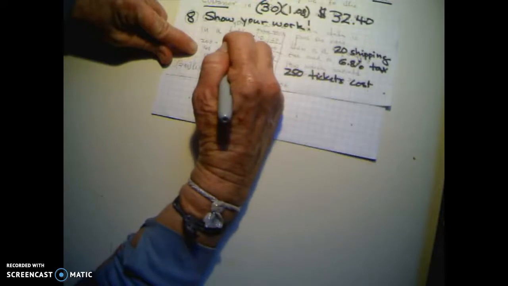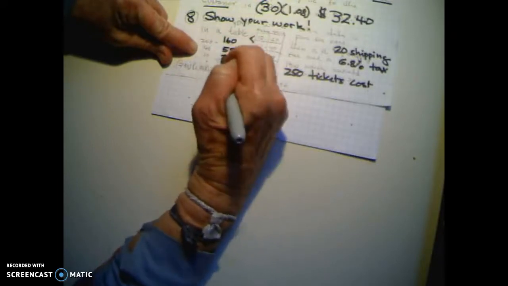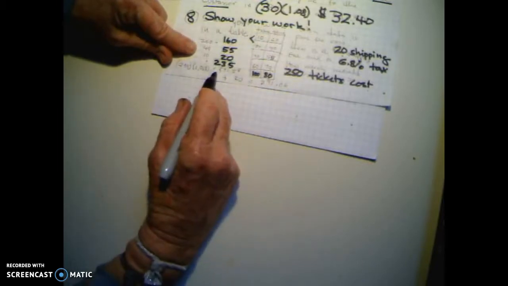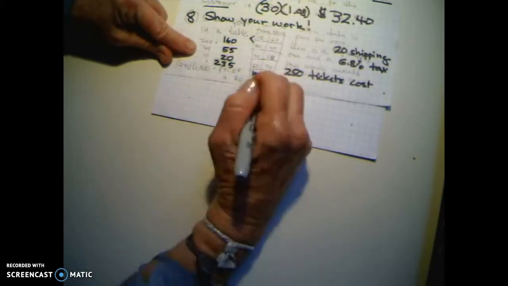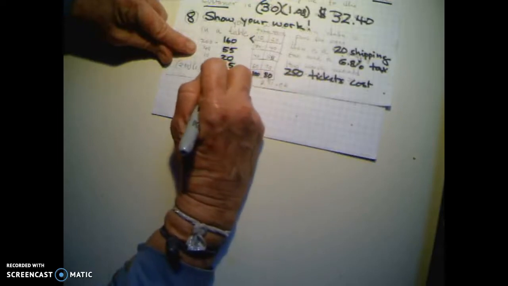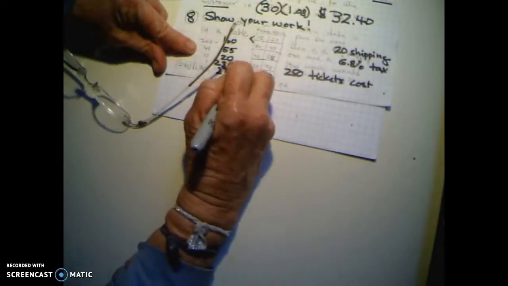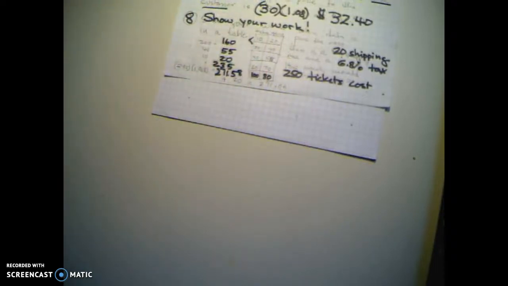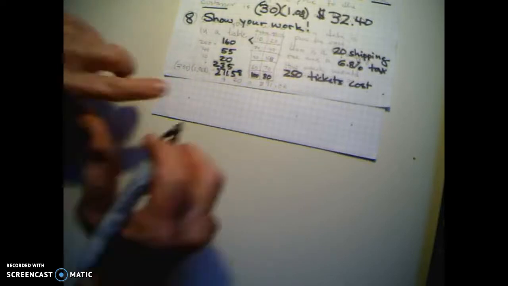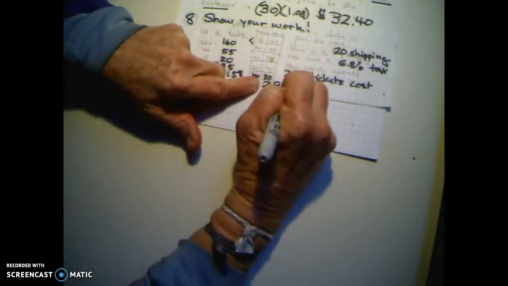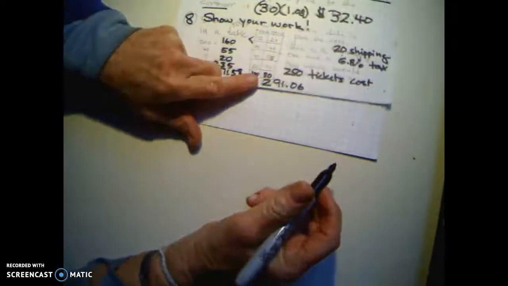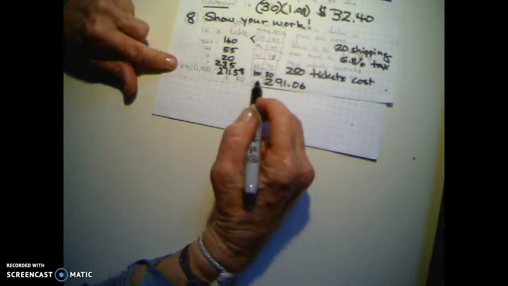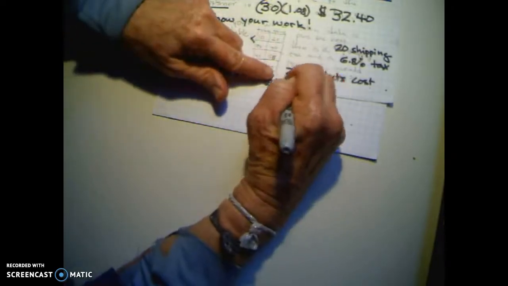That's 235 tickets. So if I calculated those out, I am going to get $271.58, and then I have to add the $20 shipping fee plus the tax to get $291.06. So once again, that was not 250 tickets, that was 235 tickets. Just have to add the number of